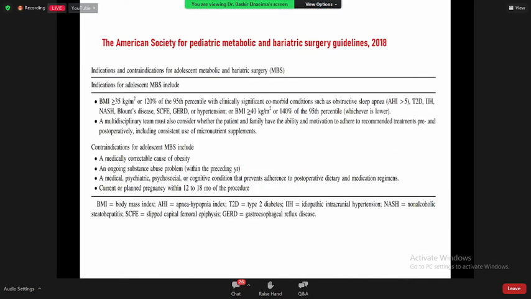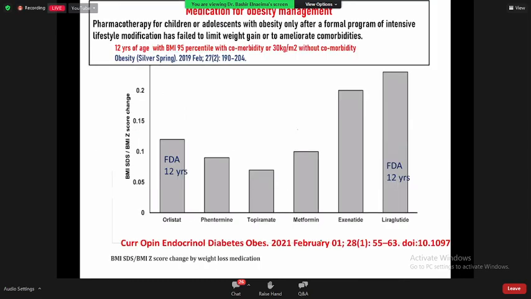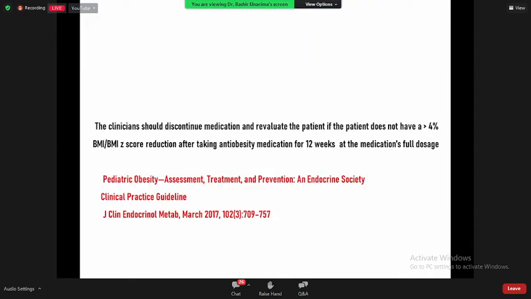So this is the medication, and as I mentioned, these medications are only for children who have certain criteria and whose age is 12 years or older, and you do intensive lifestyle modification with them, but they fail to show any improvement. So you can try this medication. But the important point the clinician must know: